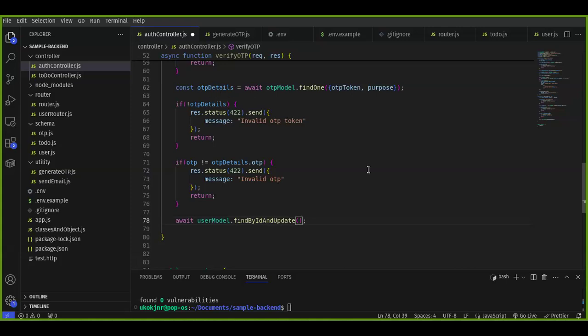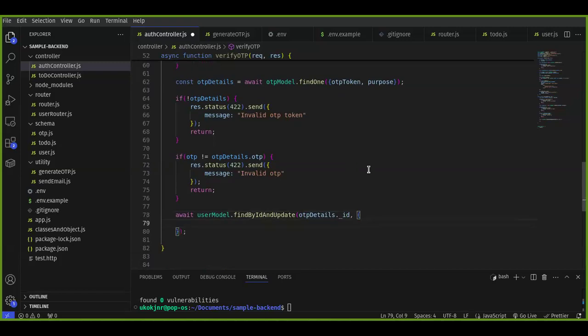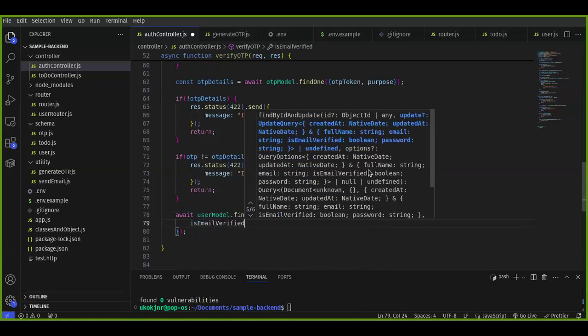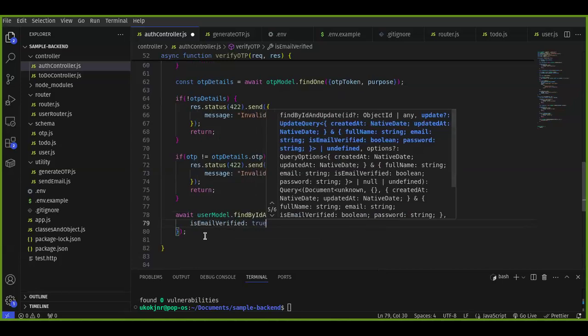So you say the ID is OTP details dot underscore ID. Then what do you want to update on his details? Email verified should now be true. Then you can then return